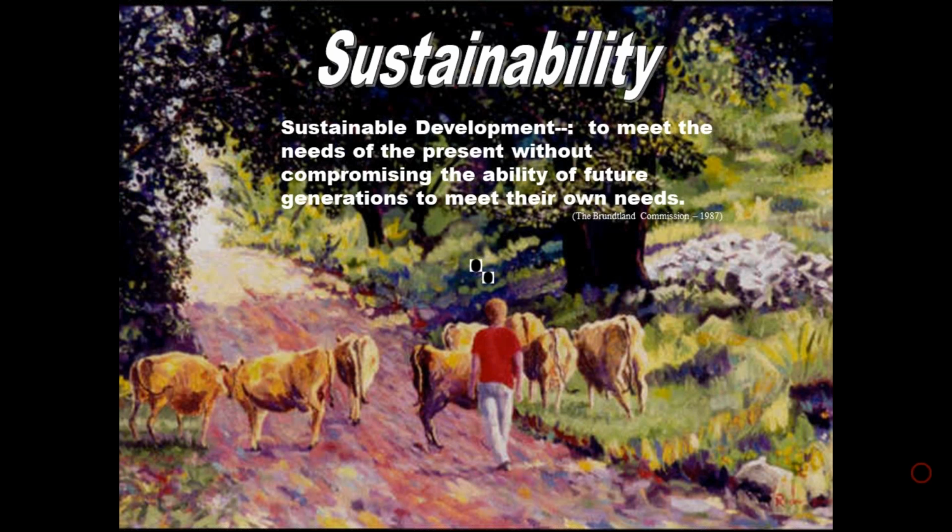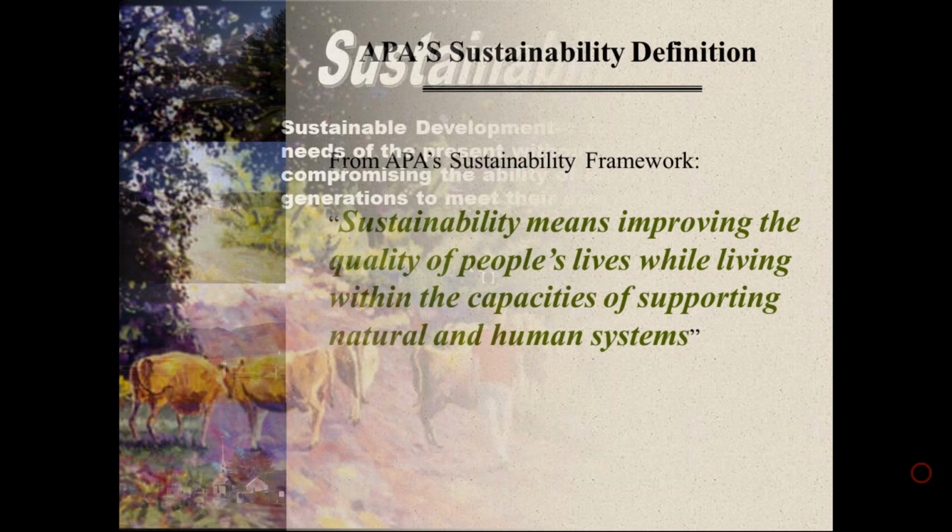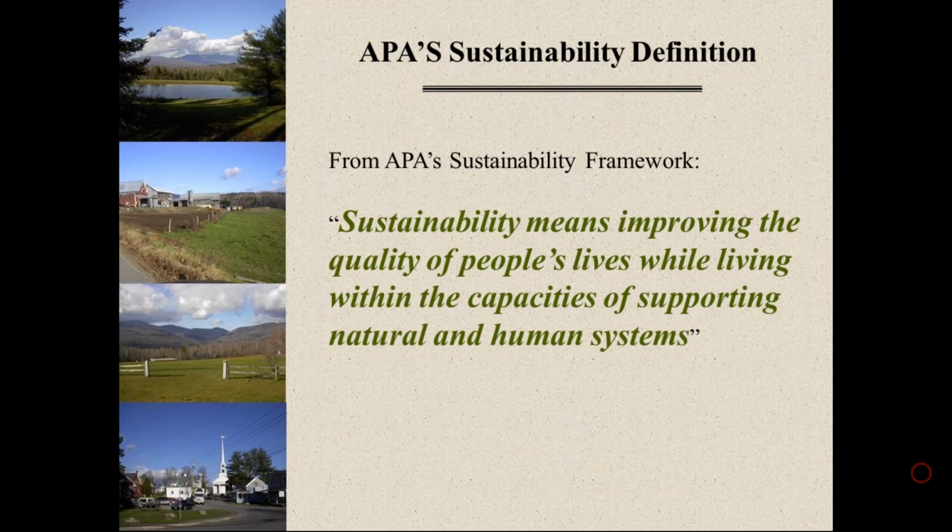To meet the needs of the present without compromising the ability of future generations to meet their own needs. And actually, what's interesting, if you look at the evolution of that concept, when we talked about the NEPA process, you saw language that was almost like this in NEPA, which was done in 69 and 70. Okay, it became law in 70, passed in 69. So the concept's been around for a while, but this is the classic definition, but this is APA's new definition that they feel from a planning focus is a better definition.